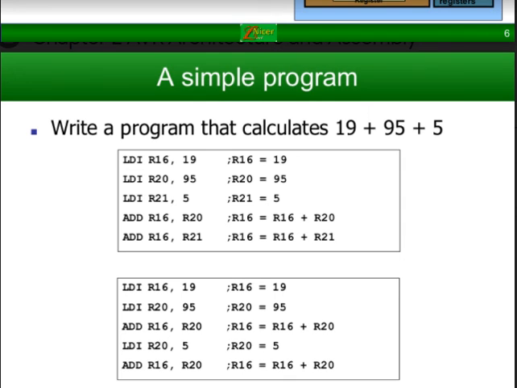If we are going to add three numbers, we always have to use only two operands, because the ALU only accepts two operands and not three. So we have to add them step by step and then store the values inside the required register. So this was all from today's video.